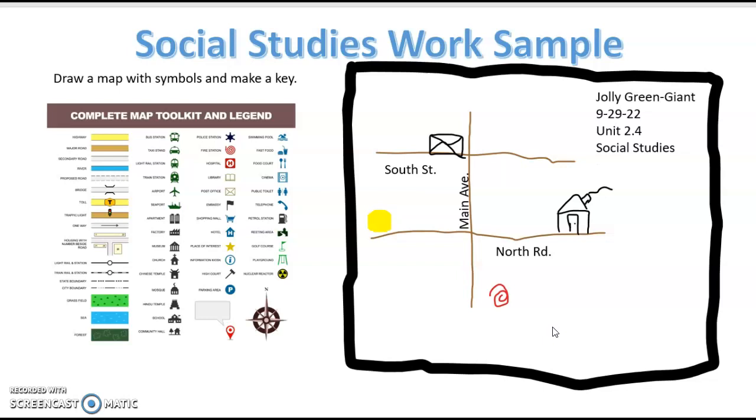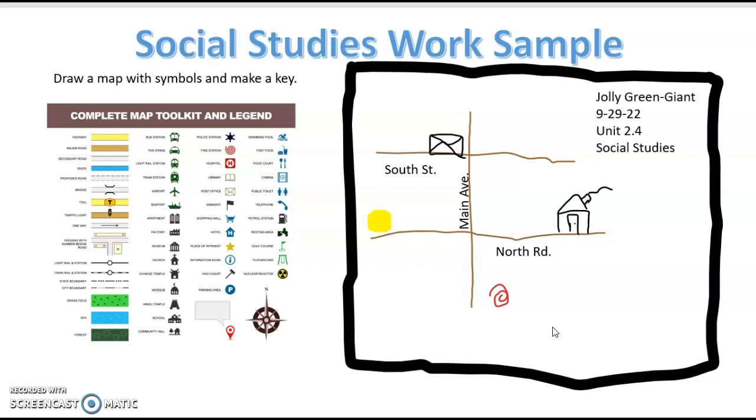They could even make their own up. I don't think they have to necessarily use this. So if they don't want to use a house as a house, they can make a little box. If they don't want to use an envelope for mail or a post office, they can put, I don't know, the letter P for post office. It's really up to them. The whole point is to make a map with, I'm sorry, symbols,